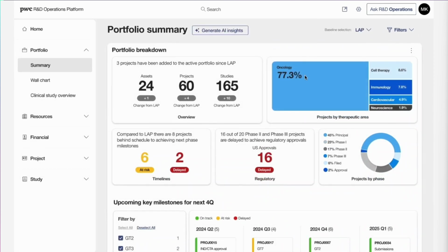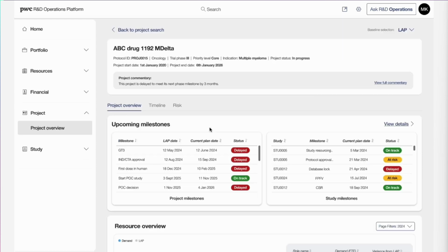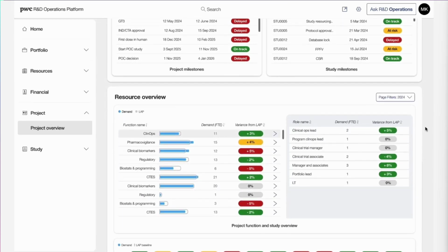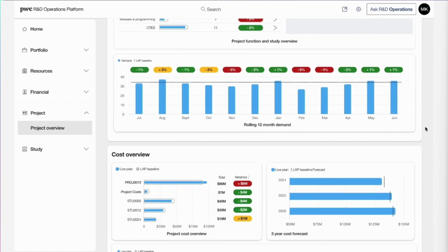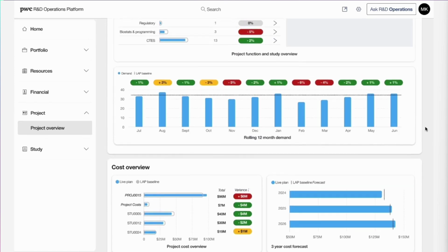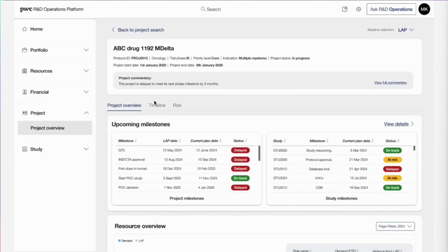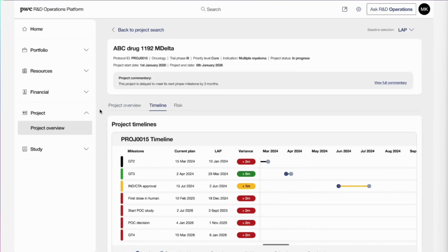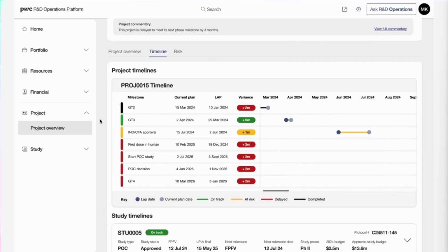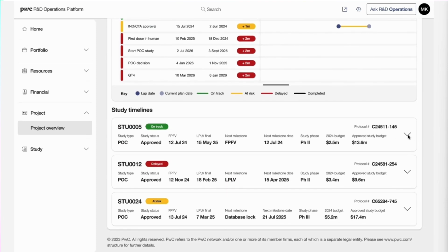Beyond the chatbot, what we often hear from organizations is, I don't want to go to a portfolio dashboard and a project dashboard and a resource dashboard. I just want to go to one place. So the idea here is that you can click through each of those individual levels to find additional detail. The other piece that I wanted to highlight is that we've tried to make it very simple. These business questions sometimes are complex, but we have embedded all of these insights to tell you very simply, red, yellow, green, is this something that you need to